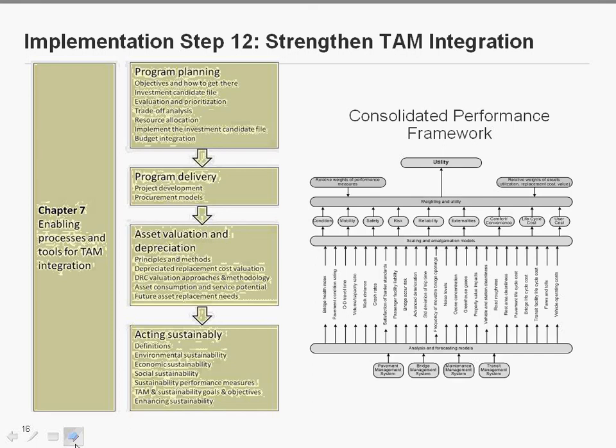And finally, quite a comprehensive section on sustainability, which helps to think about the things that you might want to do to improve sustainability. It covers a pretty wide range of things: climate change, energy, resource consumption, social, economic, environmental aspects, and importantly, the effects of transportation use on the environment. Okay, we'll go to the next section,